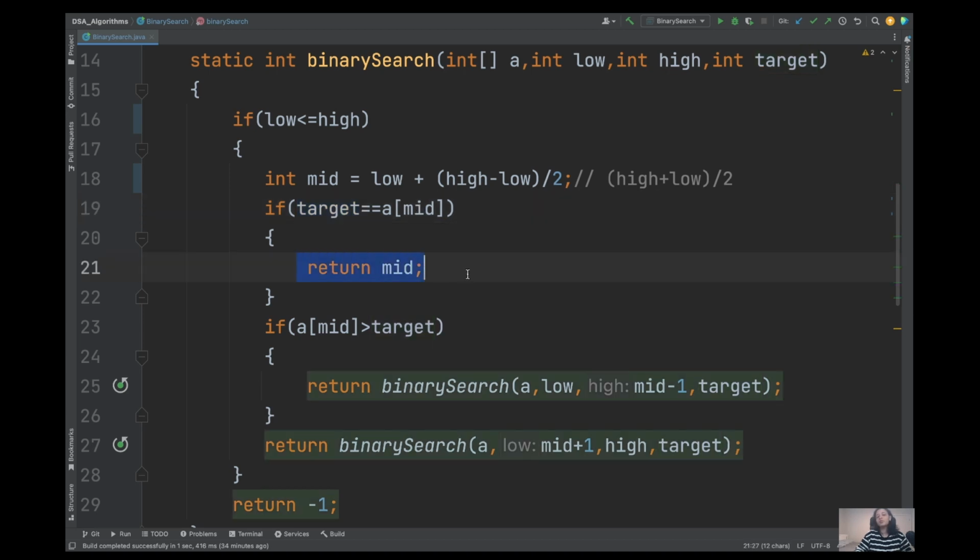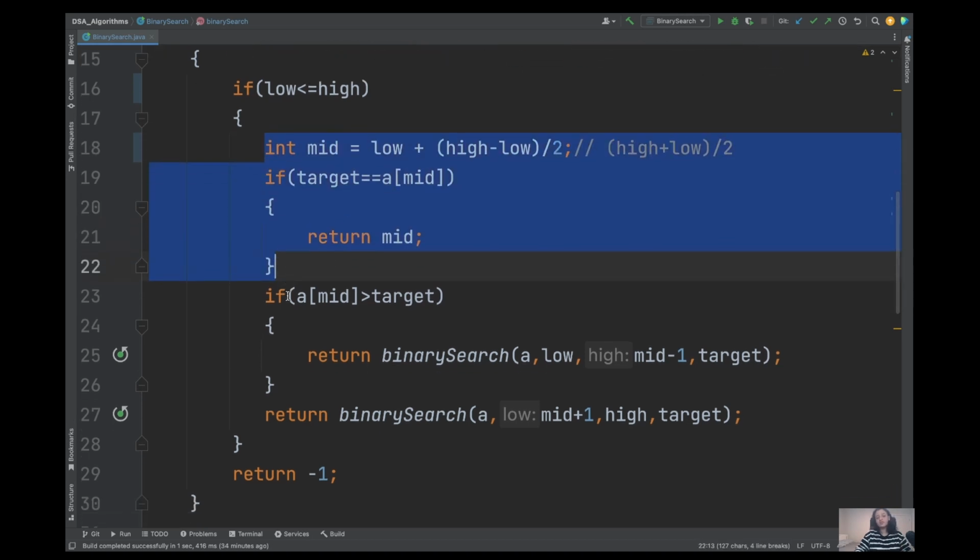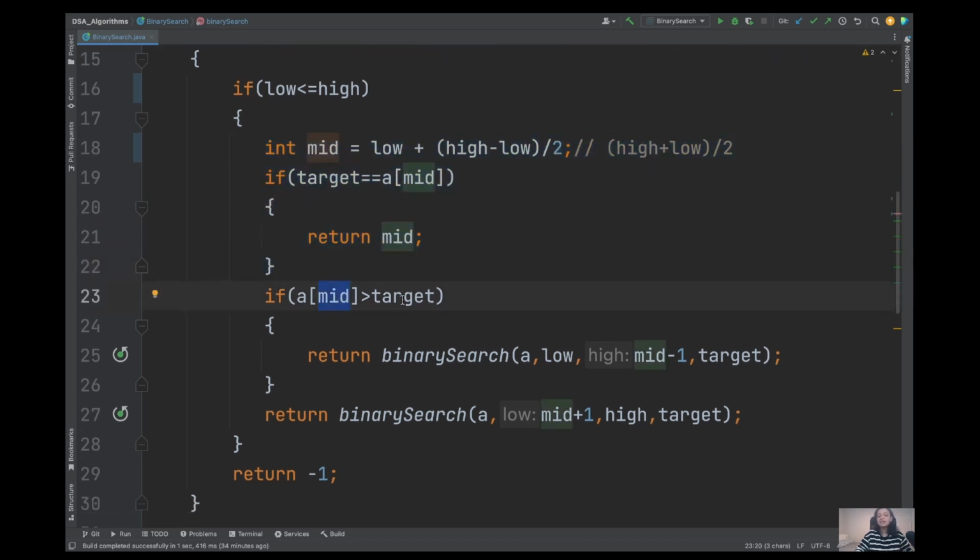then obviously you have found the target and you can return the index. Now where is the index stored? In the mid value, so return mid. As you can see, the return type of this function is also int. I think this is very easy to understand. What are the other two conditions you can have? Either the middle value is greater than the target,